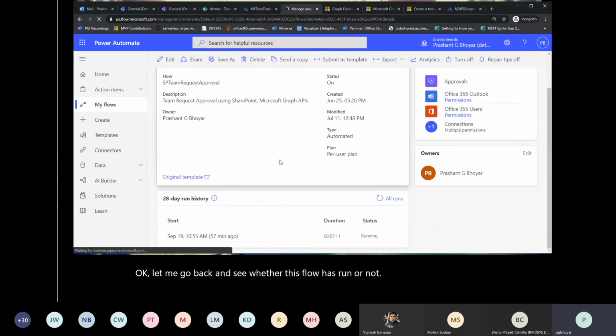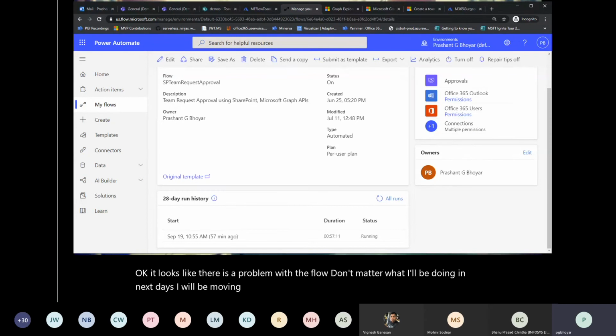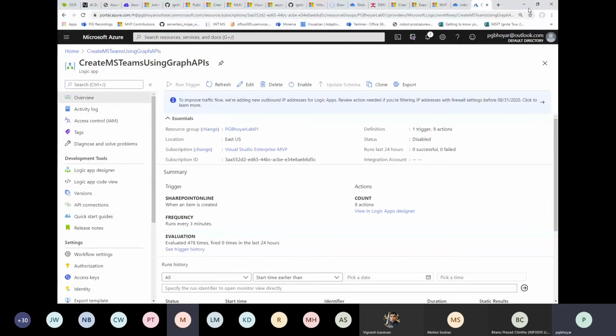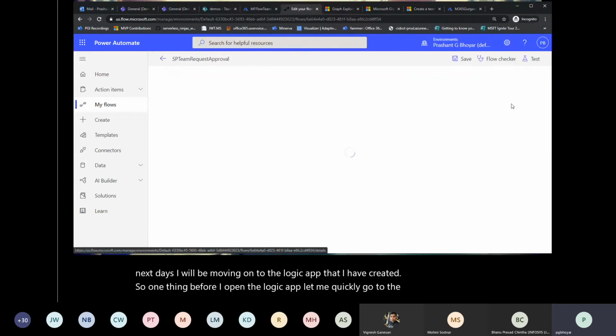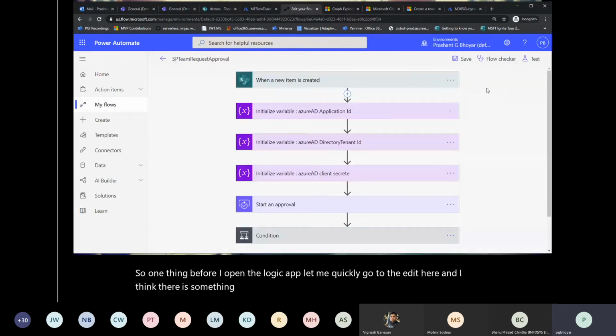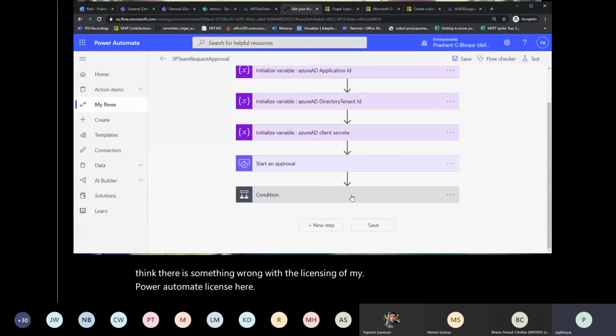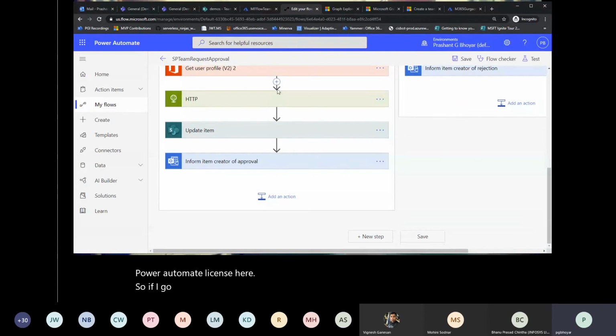Okay, looks like there is a problem with the flow. Doesn't matter. What I'll be doing next is moving on to the logic app that I have created. One thing before I open the logic app, let me quickly go to the edit here. And I think there is something wrong with the licensing of my Power Automate license here. So if I go here and try to add HTTP,